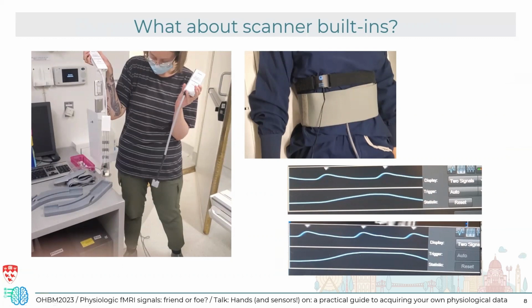And these are fairly easy to set up. The setup is similar to the PPG and respiratory belt that I showed you before. Again, the belt goes around the abdomen, and the PPG sensor just slides right onto the finger. You can monitor these signals while you're acquiring data on the scanner. So on the bottom right, I'm showing two examples of what that looks like. And essentially the signals that you see while you're monitoring are also the signals you're going to record. The file format can be a little bit less intuitive to work with, but it is possible to export them